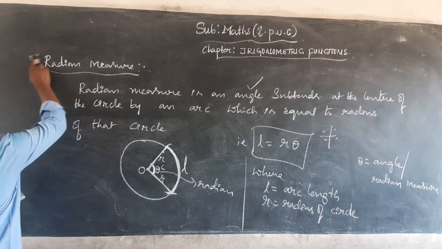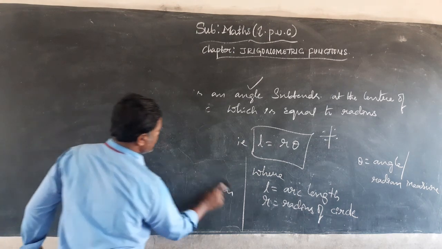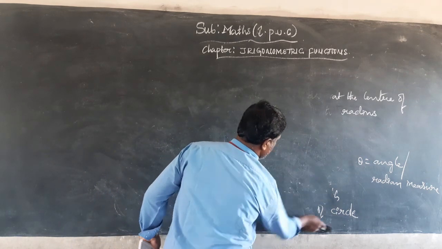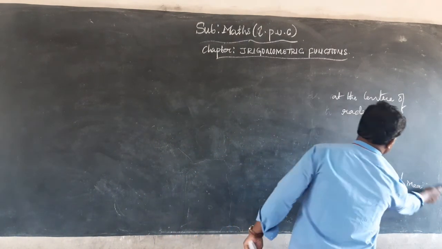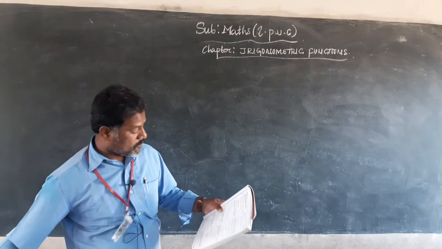Okay children, now I shall take up one problem based on radian measure, that is L is equals to r theta. L is equals to r theta. One simple problem, that is